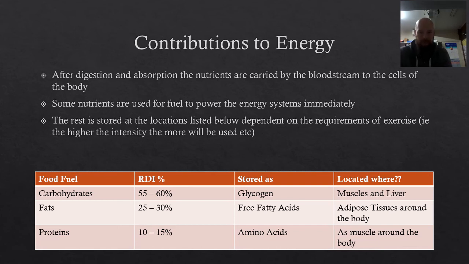They get stored as free fatty acids in the fatty tissues. And then the proteins are about 10-15%, and they get stored in the muscles around the body. Make sure that you commit those numbers and those storage locations to memory,